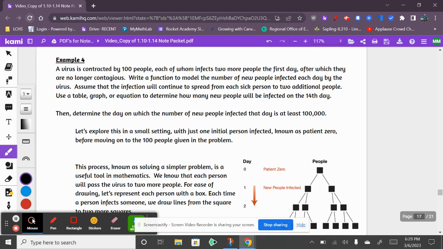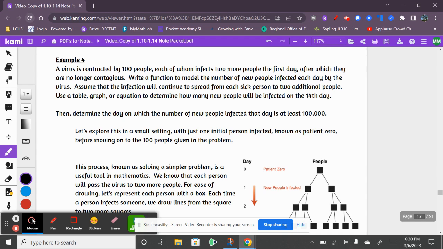of whom infects 2 more people the first day, after which they are no longer contagious. We're going to write a function to model the number of new people infected each day by the virus. Assume that the infection will continue to spread from each sick person to 2 additional people. You will use the graph, a table, or equation to determine how many new people will be infected on the 14th day. And then you'll determine the day on which the number of new people infected is at